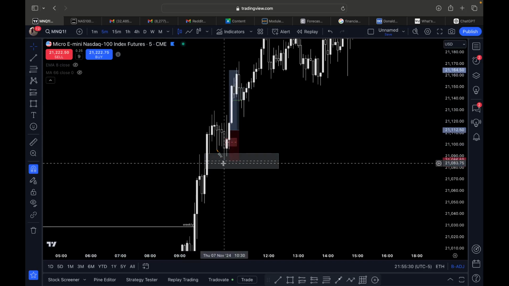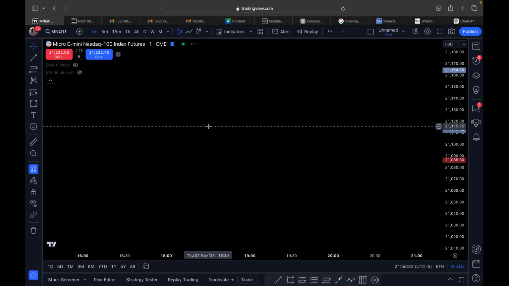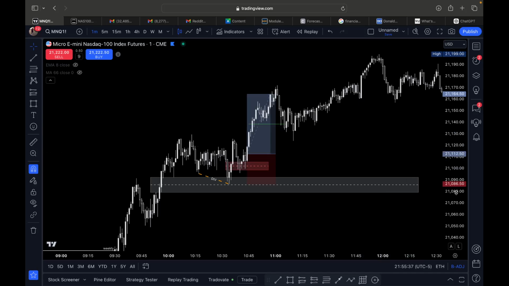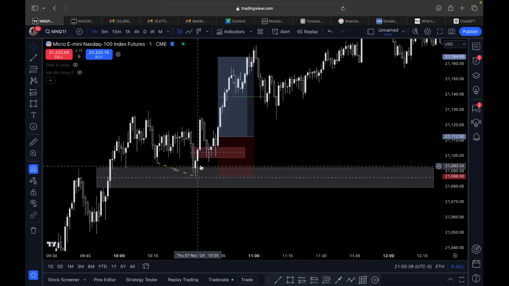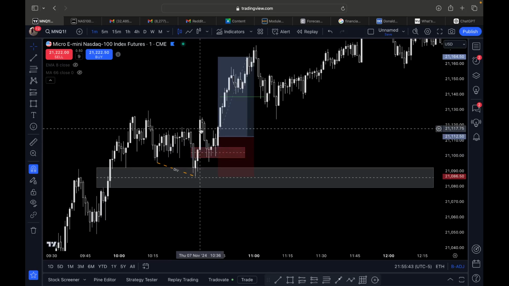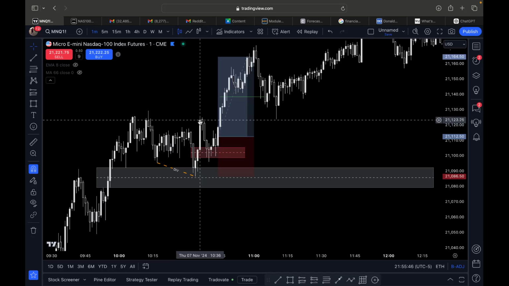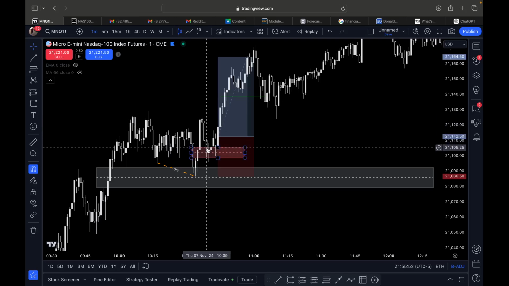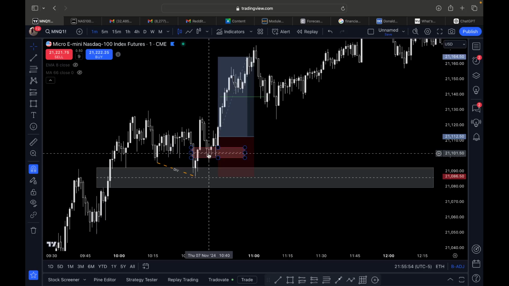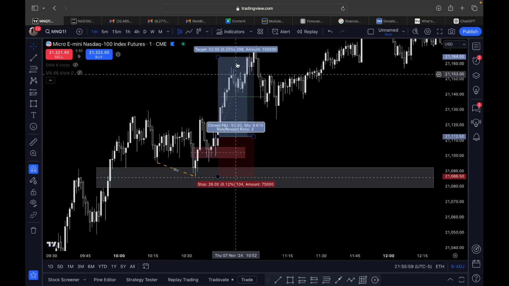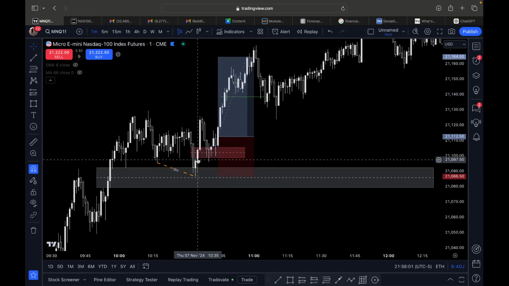Once I saw this take place in print like this, I went down to the 1 minute time frame and was looking for any type of bearish imbalance to see if it would get broken. Looking at this bearish imbalance here, once it got broken to the upside, usually I don't take this because it's so far away from the disrespected imbalance. I then switch into thinking, okay, I'd like to see price come in and retest it as a form of support. There's also a gap here, and then continue to the upside for that 2R. And that's exactly what happened.